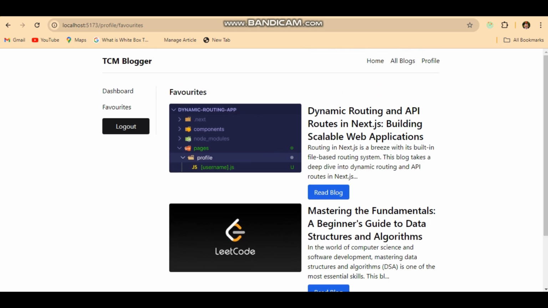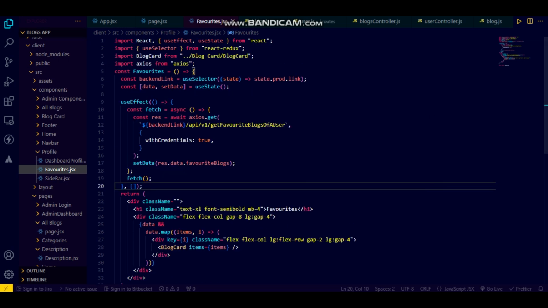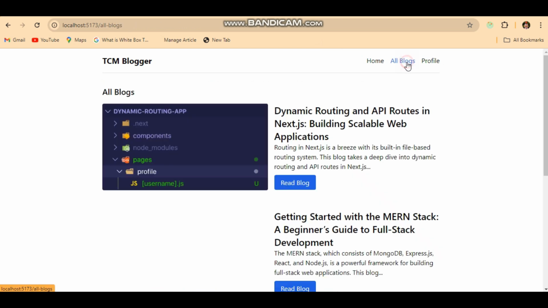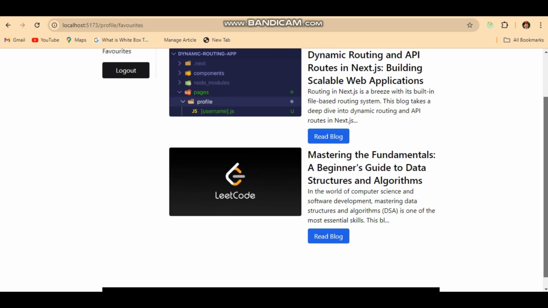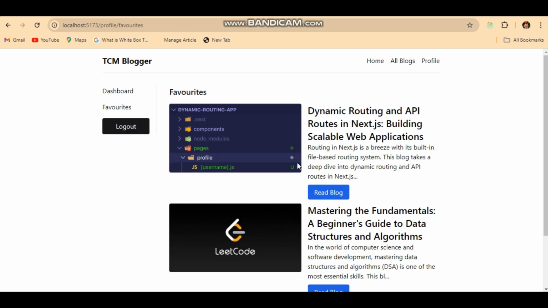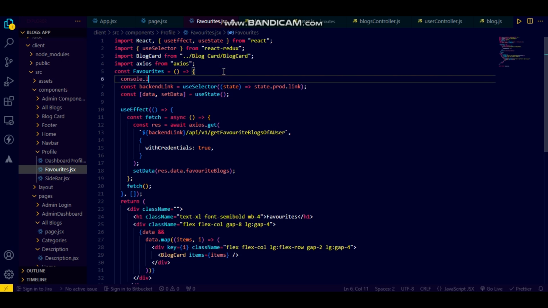Okay, and do one thing here. If the page is my /favorites, I just want to show the button of the read blog. Okay, go to the profile. If I just go to favorites and you can see this thing, I just want to give the read blog, or I just want to change the length or size, and let us just do this thing. For that particular thing, you can see what is the thing basically that I can say console.log